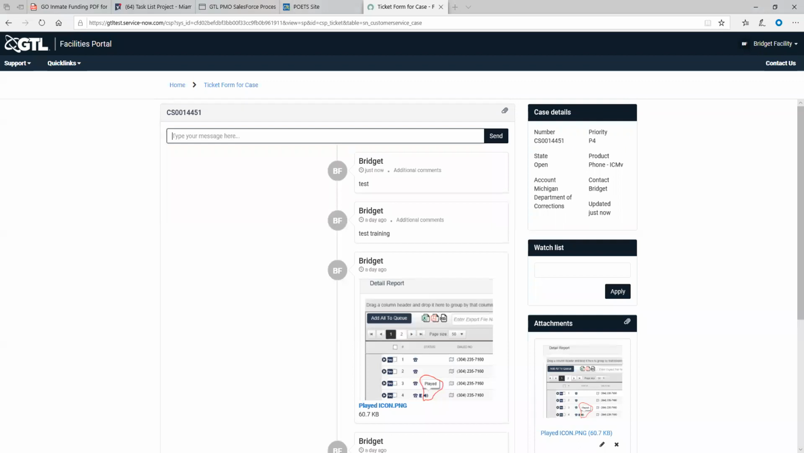And I won't take too much time trying to locate it. I thought I still had it up, but